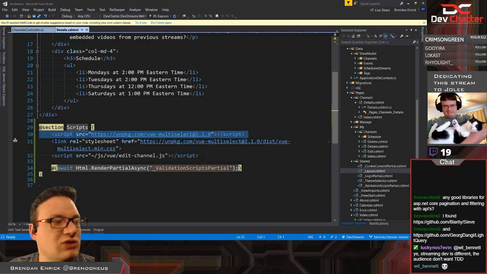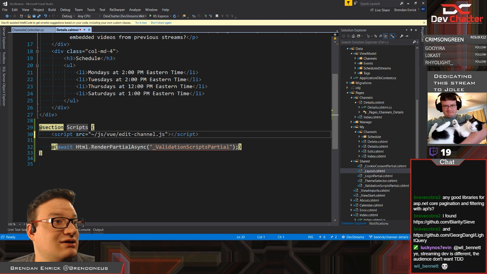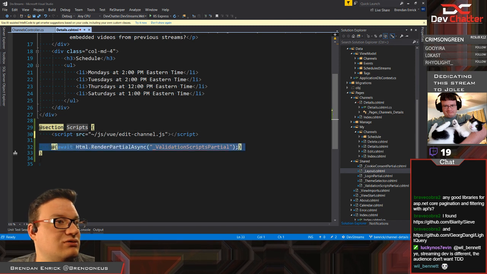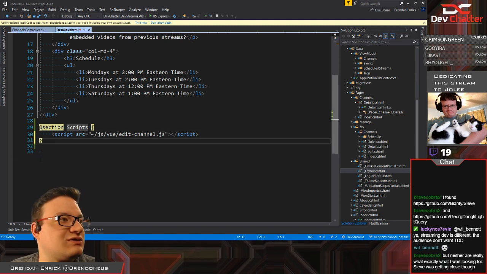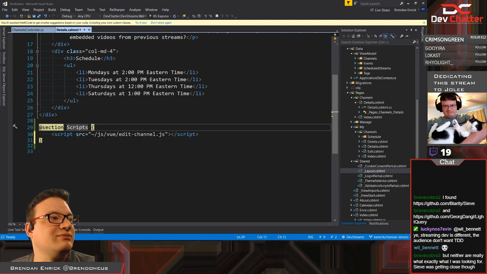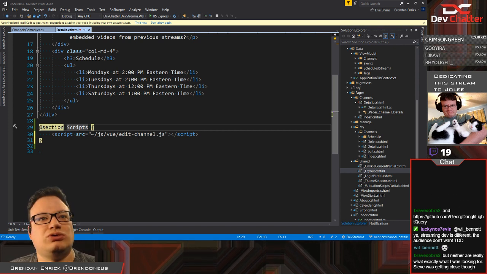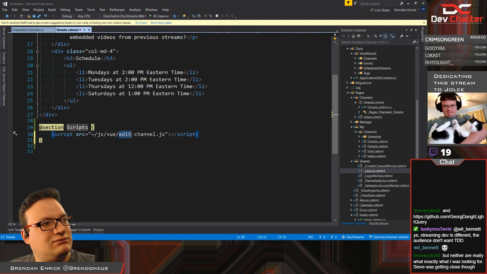I don't need a view multi-select, so we're going to get rid of that. I don't need validation scripts. I just need this. So we're just going to put this. So we said section scripts. It's going to put it in there. And I want to call this as channels.